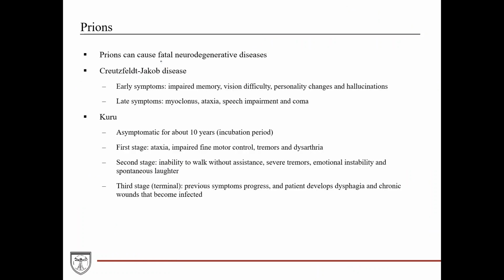So then where it comes in clinically is that prions can cause fatal neurodegenerative diseases. When these prions aggregate and accumulate in nervous tissue in the brain, that's what can lead to neurodegeneration. And these are all fatal. They eventually result in death. So Creutzfeldt-Jakob disease, which is also mad cow,